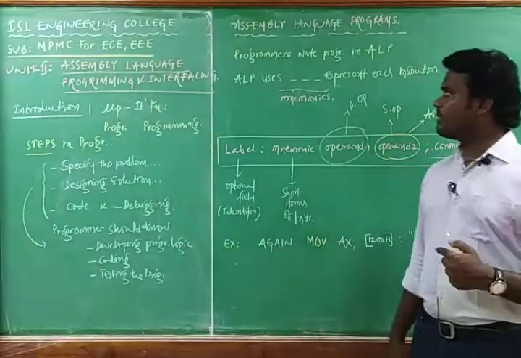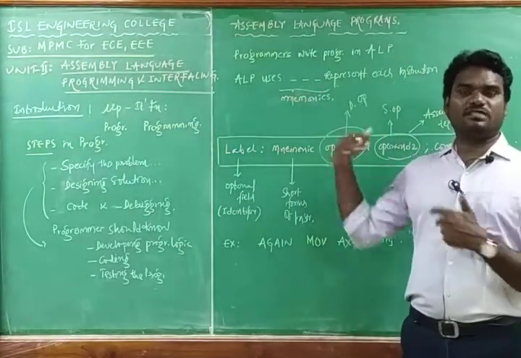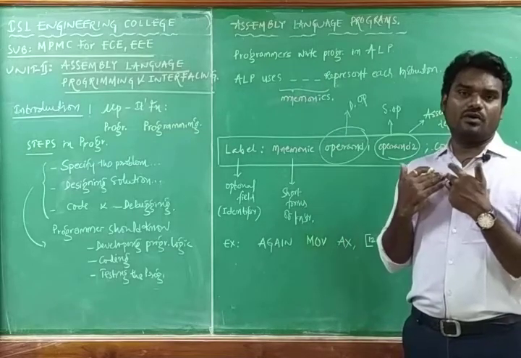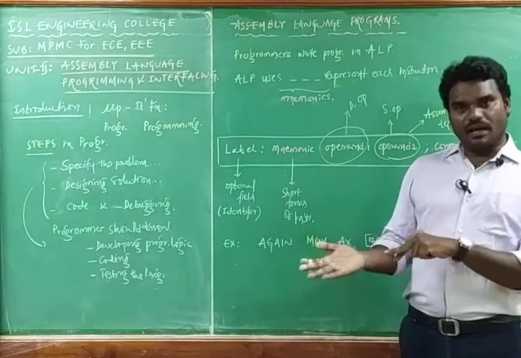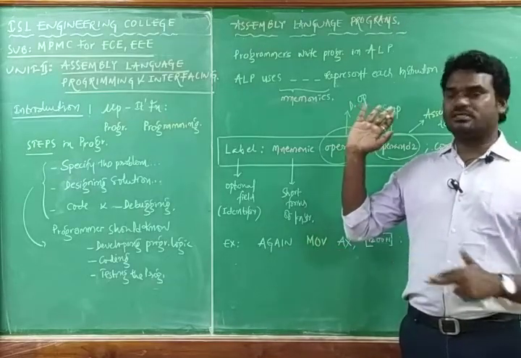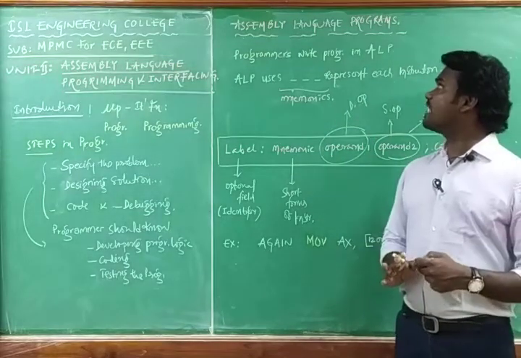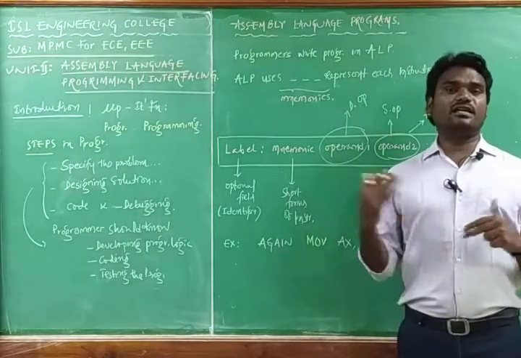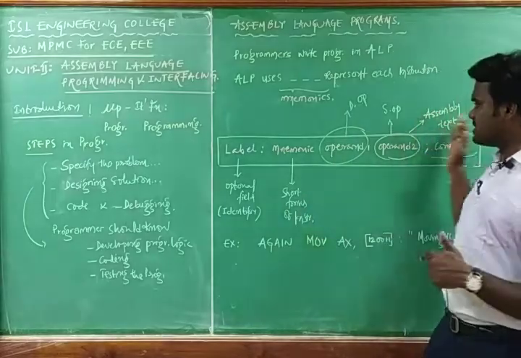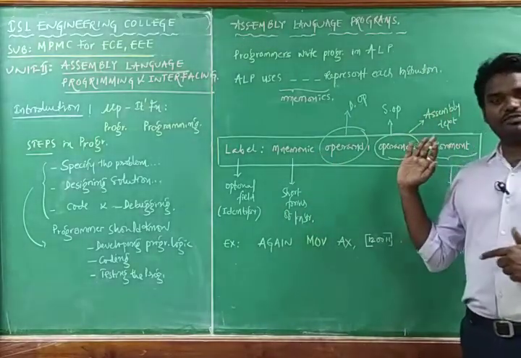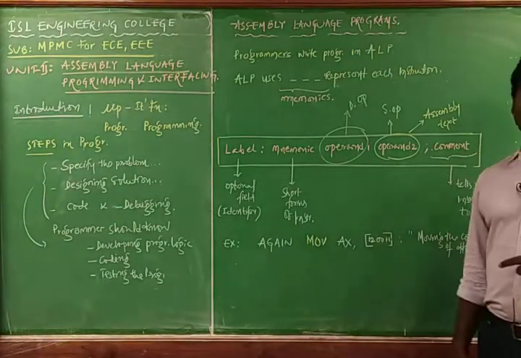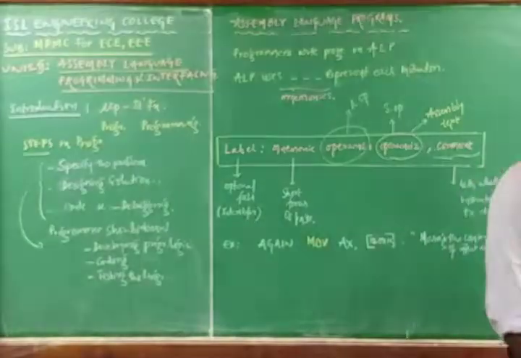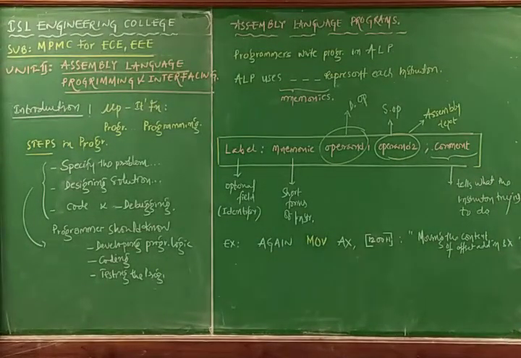And what is the need of assembly language programs? We are unable to remember and memorize binary instructions, so we depend on another programming language, the assembly language, and then convert it into machine language. This is the structure of each line in that assembly language program: mnemonic, operand 1, operand 2, and the comment. This is an example of one particular assembly text in an assembly language program.